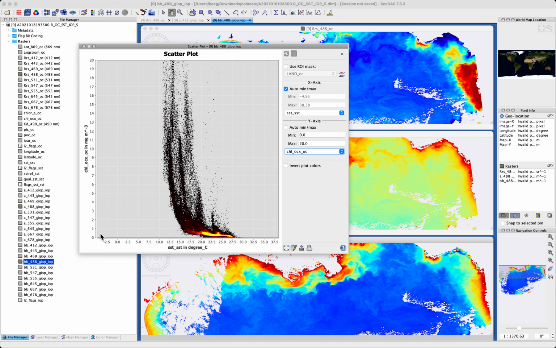It creates 512 bins, as I understand it, to put pixel values in, and then it colors based on, there are many more pixels at 22, let's say 20 to 27 degrees under 1 milligram